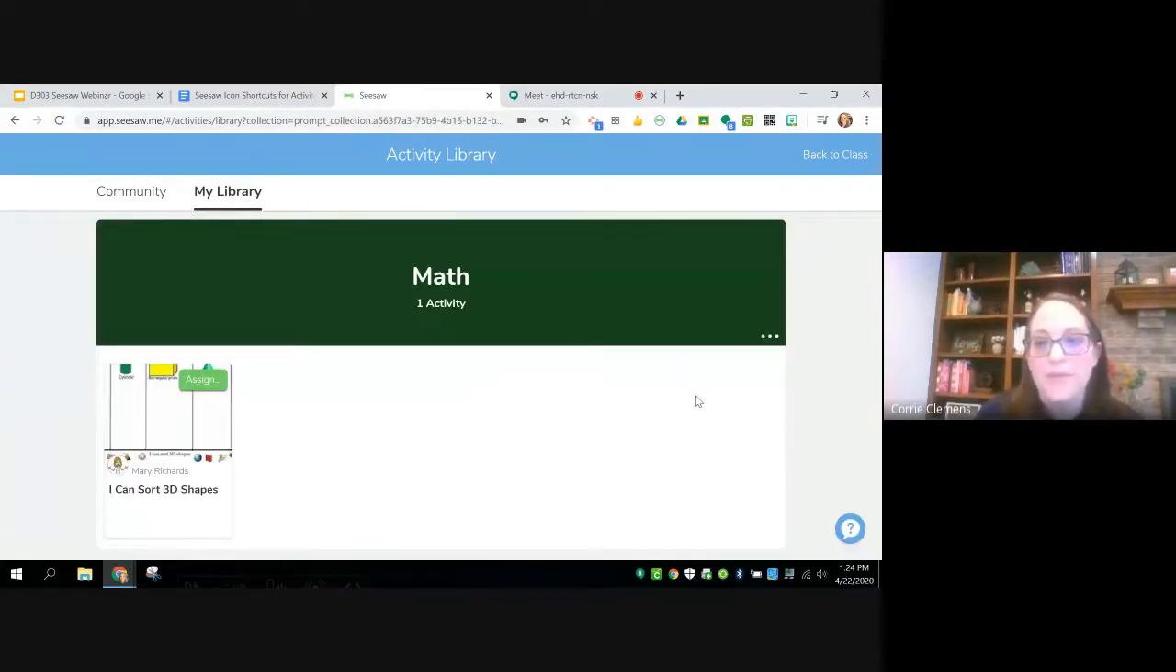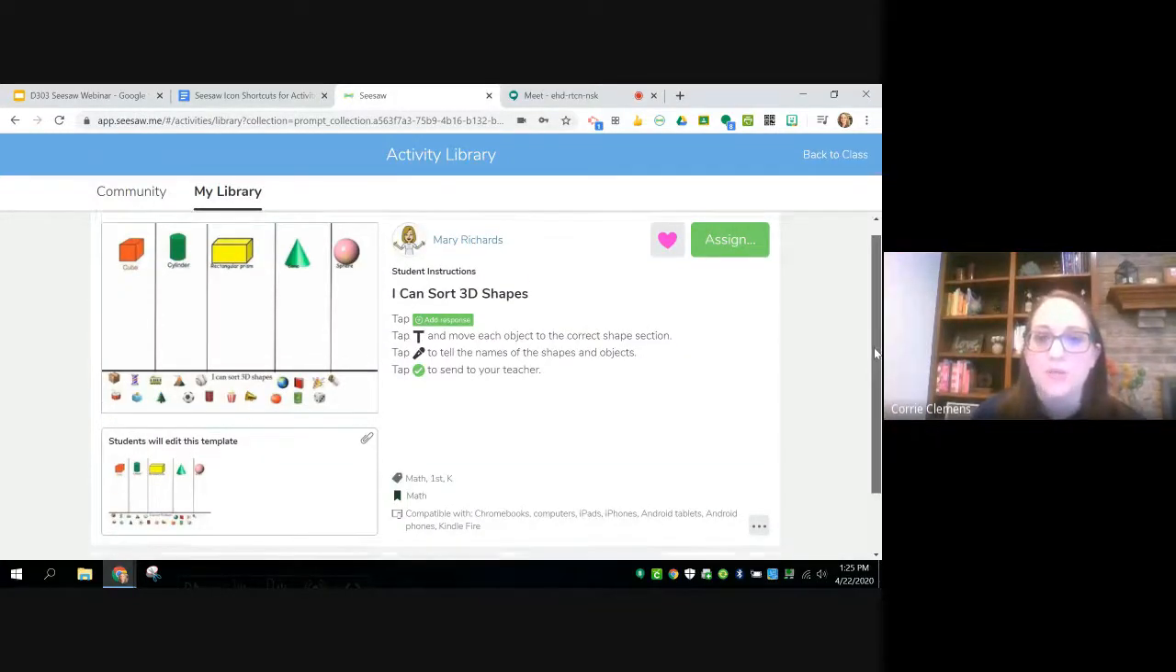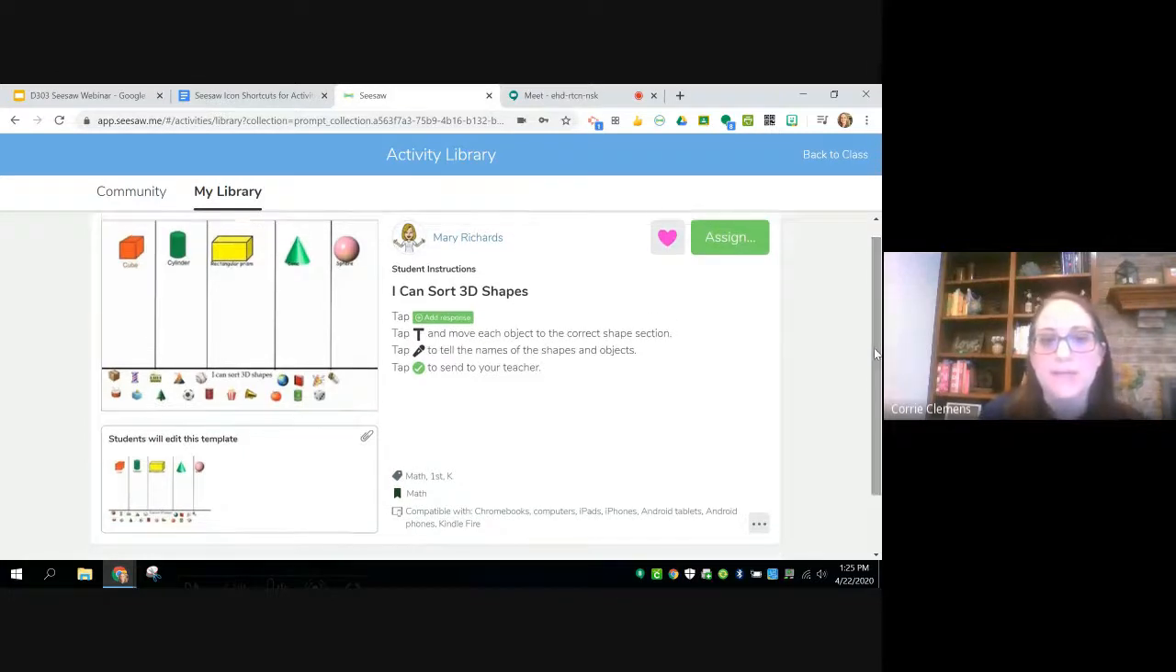So now I can go to math. I can see that I have the math one that I want, and then I can click on it. So again, I can go straight to assigning, or I can decide that I want to edit this. And I would recommend that you edit it, because even though it's been tested, you know your kids, and there are some things that you might want to change. So instead of just assigning this, I'm going to click on the 3 dots down here,